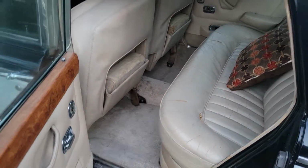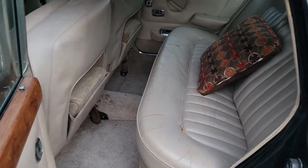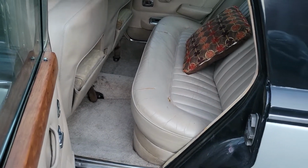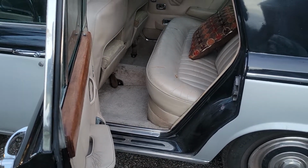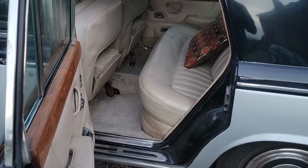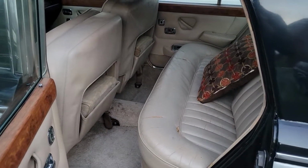Spent just a little bit of time this afternoon cleaning it up, just vacuuming it out and cleaning some of the trash and debris out of it. You can see it's not in pristine condition. It won't be making any appearances at the Concours d'Elegance anytime soon. It's a driver. It's got its imperfections,